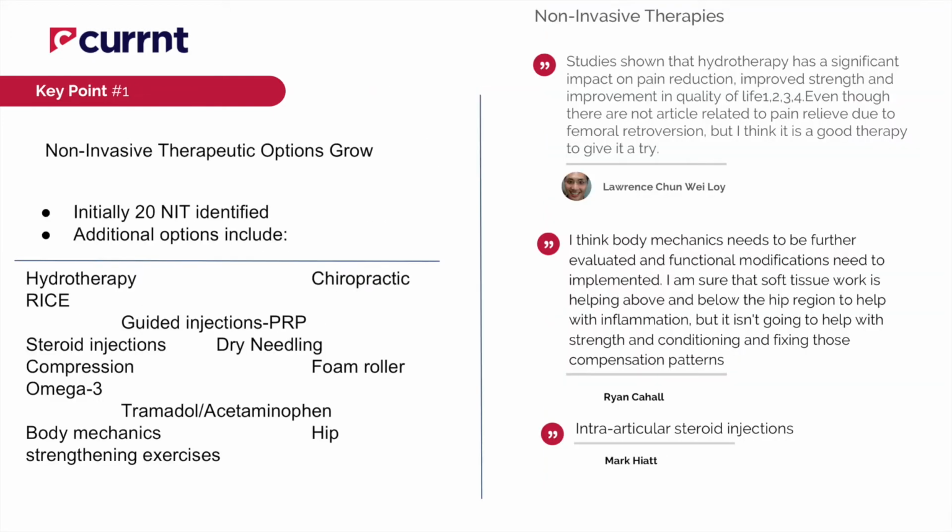Great. So let's get into your key point number one here. Lots of comments from lots of panelists, and then some new non-invasive therapies identified, right? That's right. We started off really fast out of the gate with over 20 non-invasive therapies identified. That's what the NIT stands for. And then we've added to that, and a nice combination of different